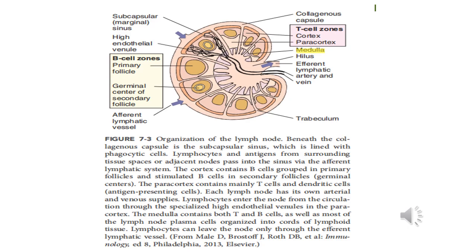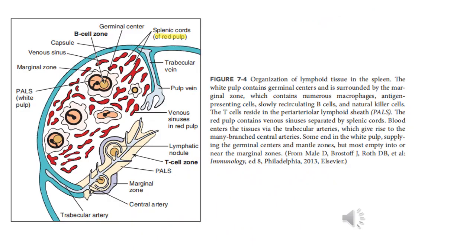The spleen is a large organ that acts like a lymph node and also filters antigens, encapsulated bacteria, and viruses from blood and removes aged blood cells and platelets. The spleen consists of 2 types of tissue, the white pulp and the red pulp. The white pulp consists of arterioles surrounded by lymphoid cells, periarterial lymphoid sheath, in which the T cells surround the central arteriole.